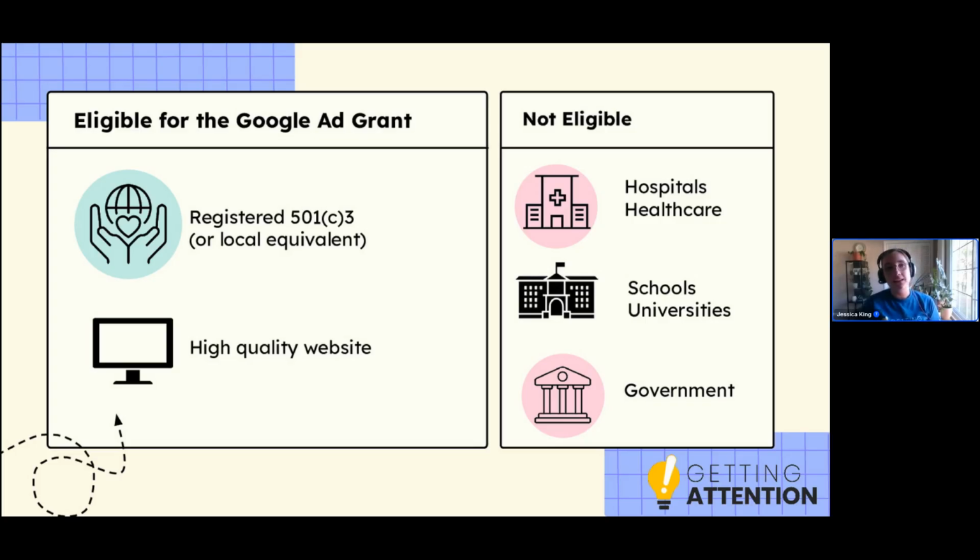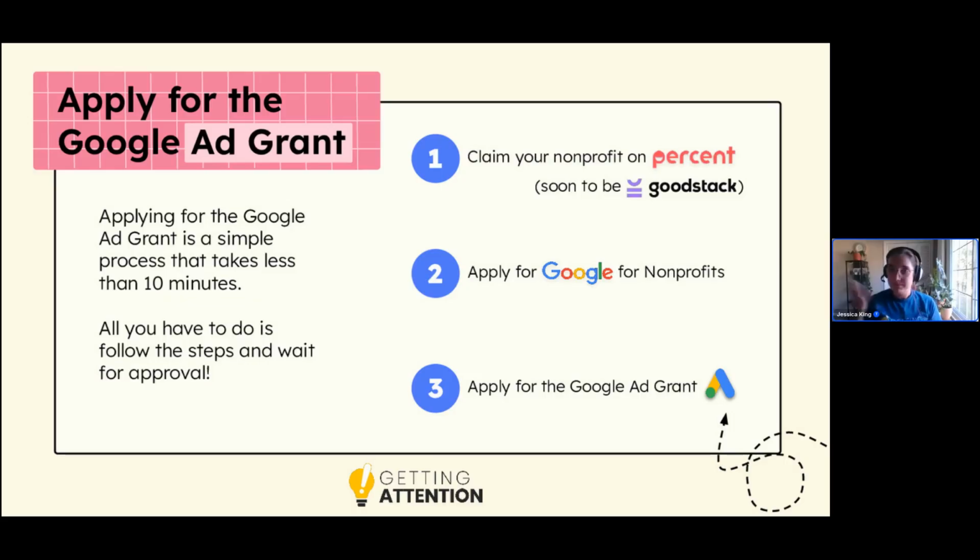I think, if anything, the eligibility criteria are meant to prevent Google from having any sort of conflict of interest issues as it relates to this program. So when in doubt, I would say go ahead and apply. You'll get a decision from Google, and that'll clarify that. Which leads me to, how do you apply?